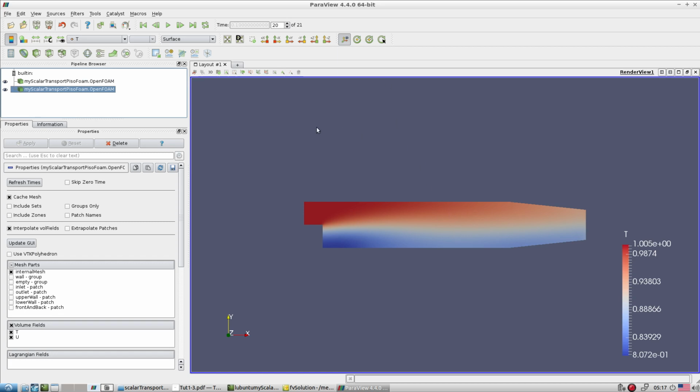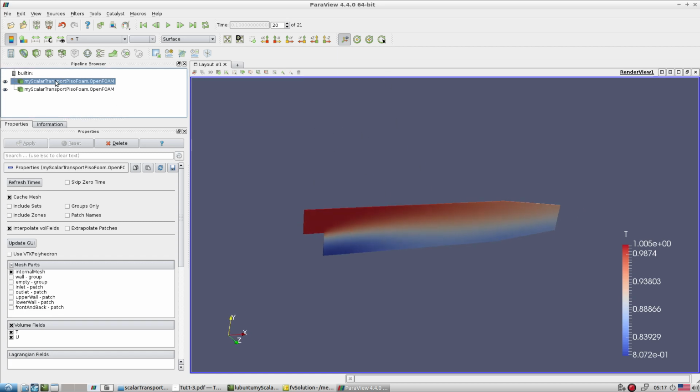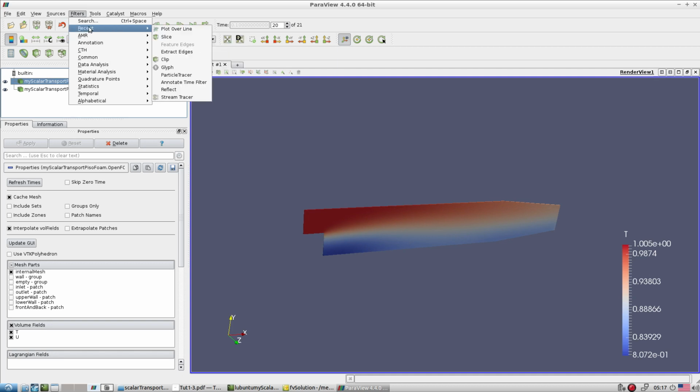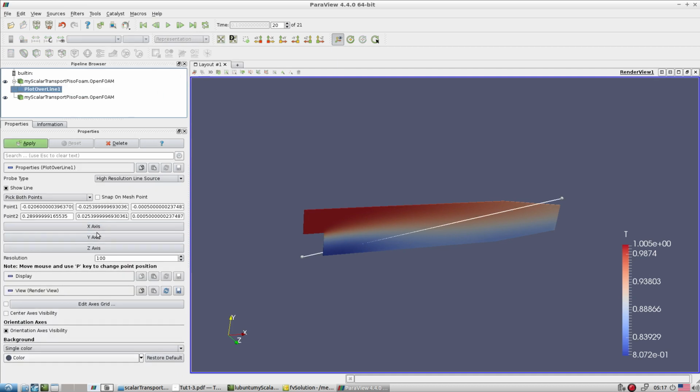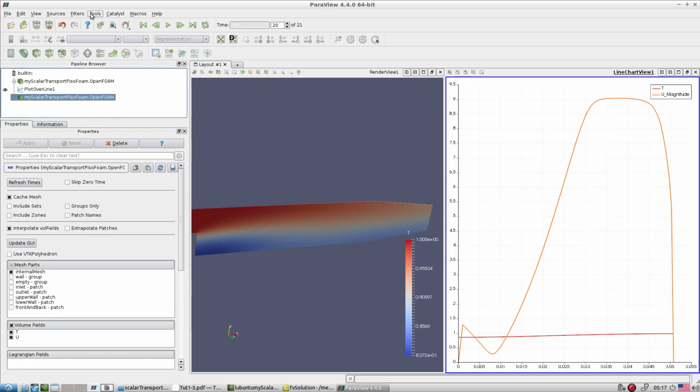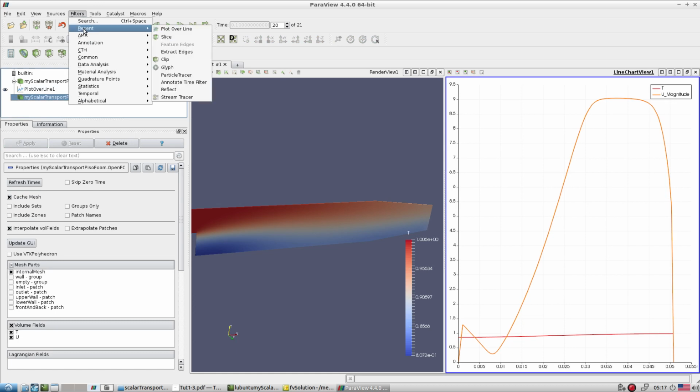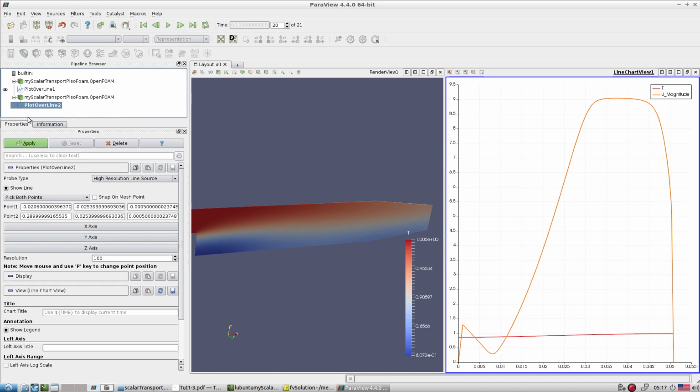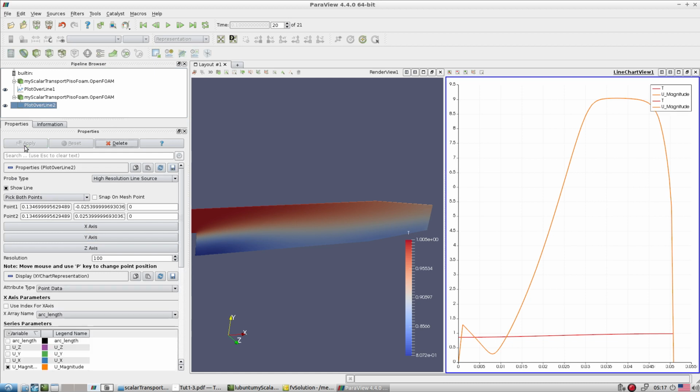But if you want to exactly check what is the difference, let's create a line. It's y, let it be there, apply. Similar line, let's create the line, y, apply it.